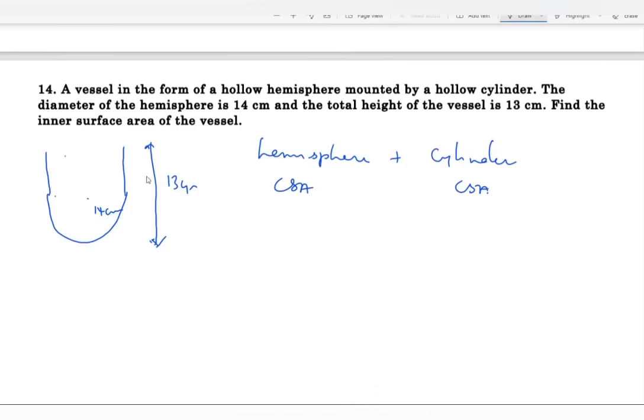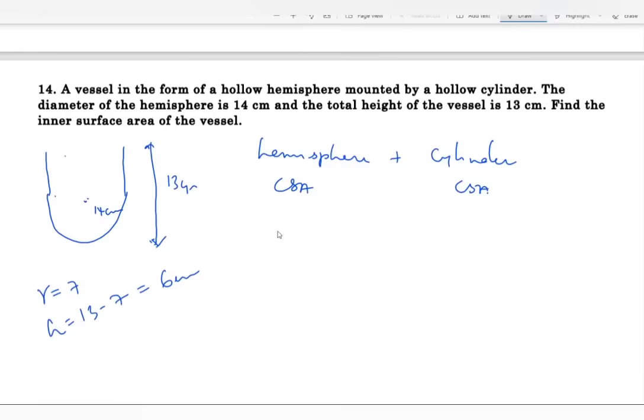The total height is 13 minus the radius. Radius is what? 14 by 2 is 7. So we get the radius of the hemisphere as 7. To get the height of the cylinder, it is 13 minus 7. 13 minus 7 is what? 6 centimeter. Now using this, find out the CSA of hemisphere plus CSA of cylinder, then add it, you